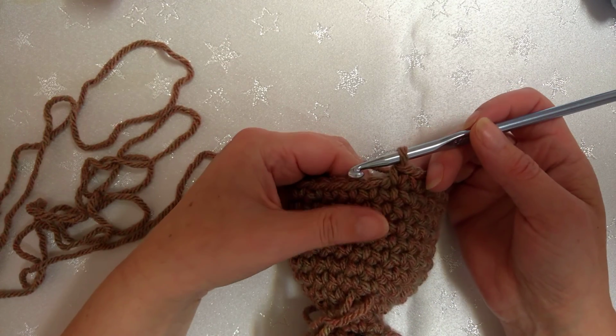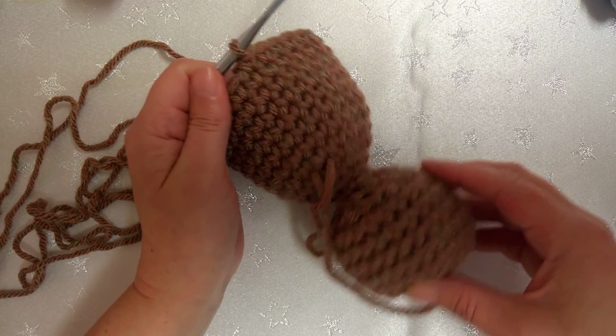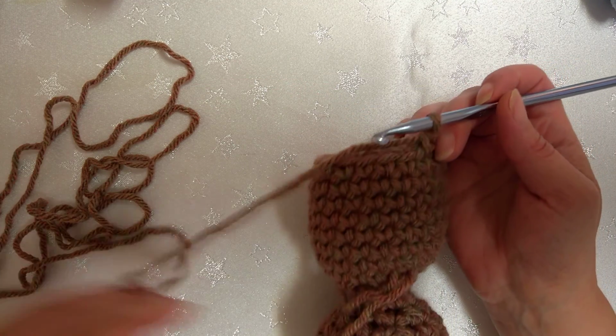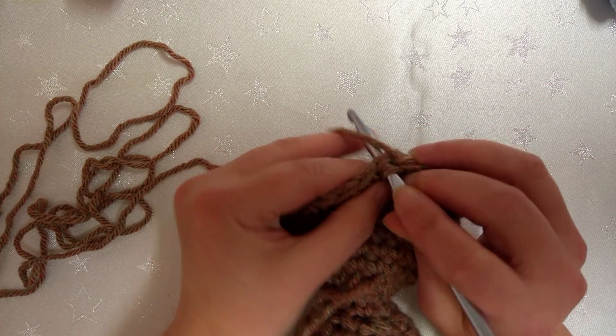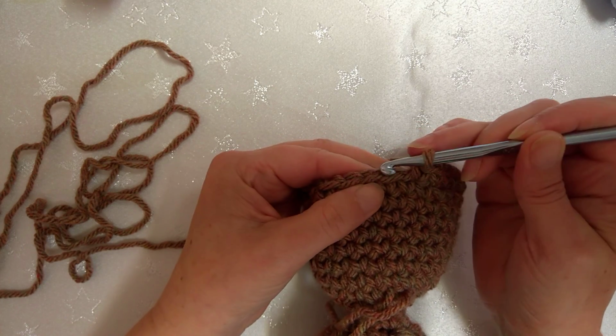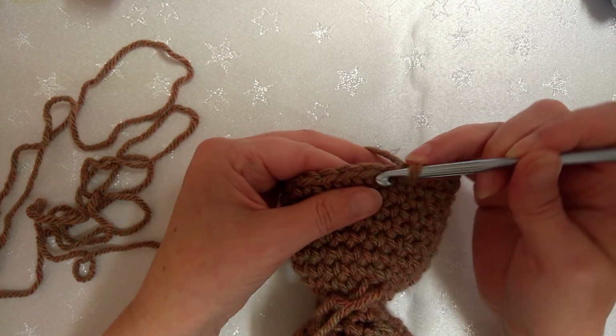Okay, now we're at this stage. This is the stage where we need to start reducing to be able to close up the body for our, I'm going to say I'm making a bear, but as it is, you'll be able to make a snowman if you've done it in white. So same principle again, we're going to do one single crochet and then single crochet 2 together until we have a total of 16. So I've done one single crochet,